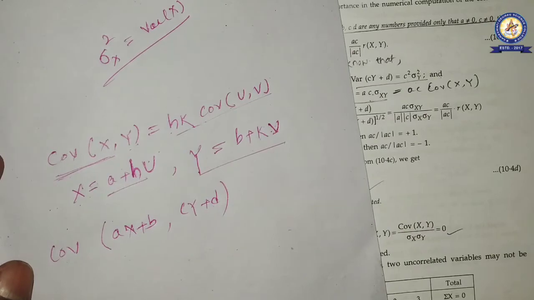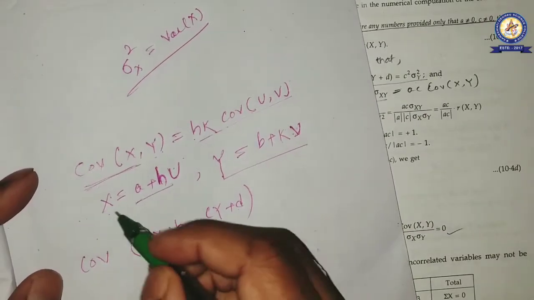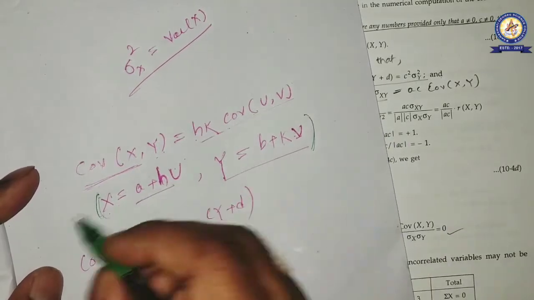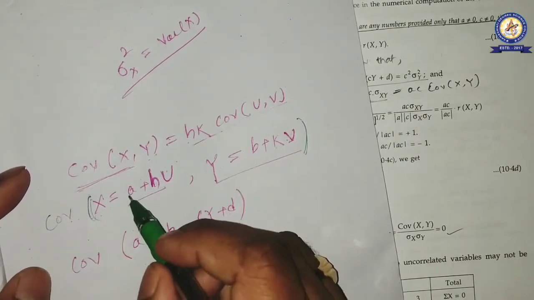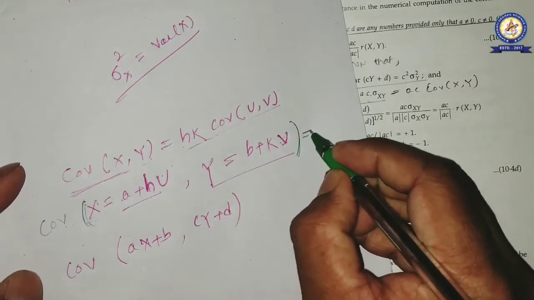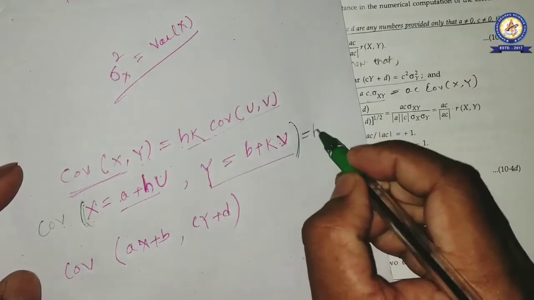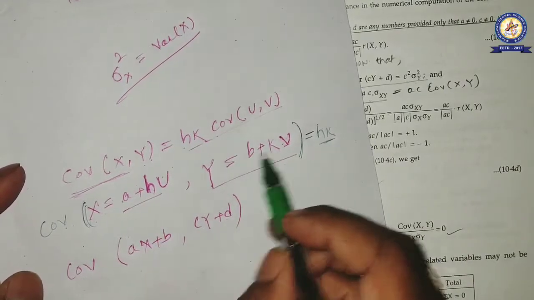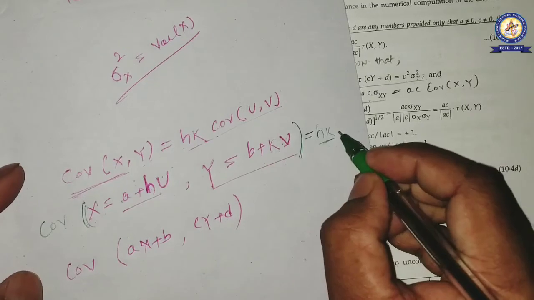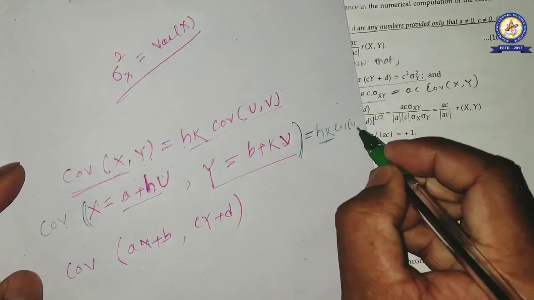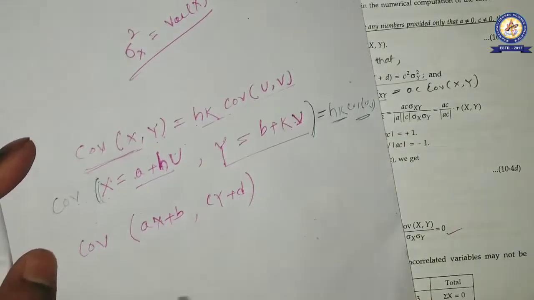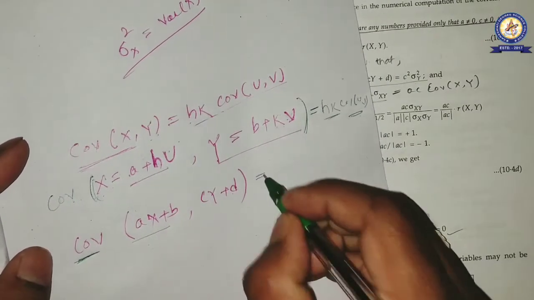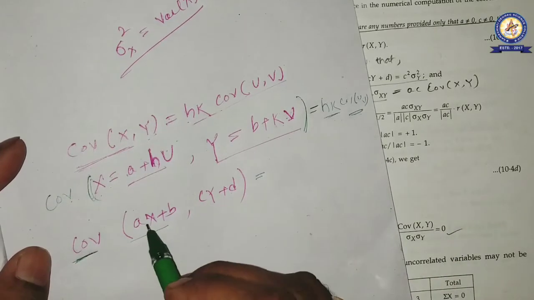Okay, in this case we consider XY as equal to this much. The covariance of this will be equal to hk, that is, what we found. Here h and k are the constants multiplied with u and v, so hk times the covariance of uv, we found, right? Similarly, if we consider the covariance of ax plus b, cy plus d, it will be equal to,